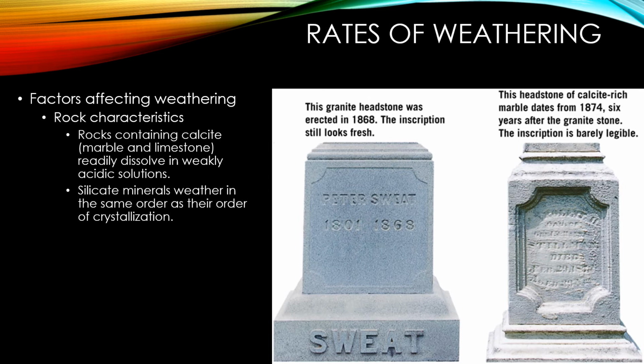So the factors that affect weathering rates include the characteristics of the rocks. So, for example, rocks containing the mineral calcite, which is in the sedimentary rocks marble and limestone, readily dissolve in weakly acidic solutions, so that weak carbonic acid caused by CO2 dissolved in rainwater, for example. And then if you have silicate minerals, which again are very common in the continental crust,